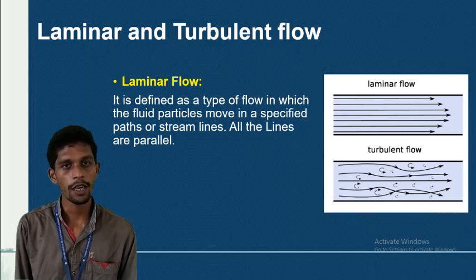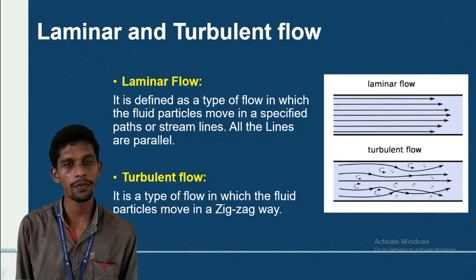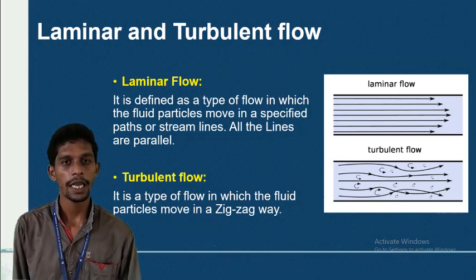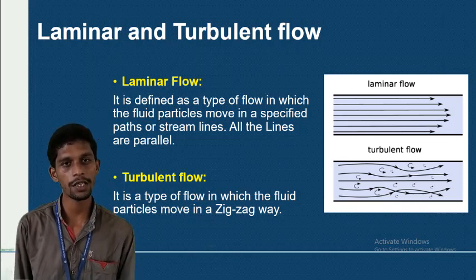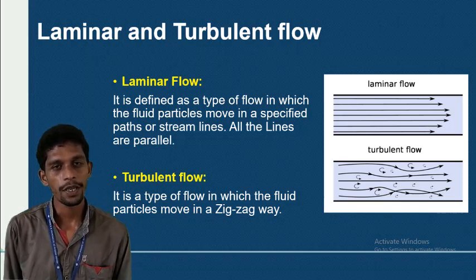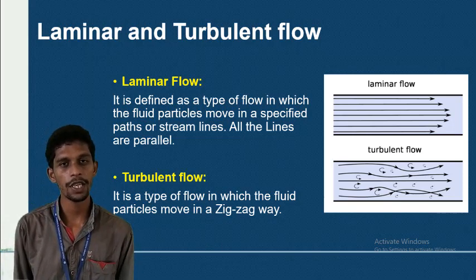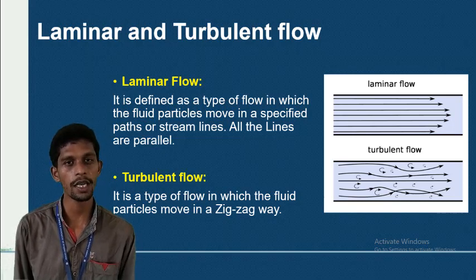Right? So what about turbulent flow? Turbulent flow is a type of flow in which the fluid particles flowing in specified paths are interacting with each other, merging with each other. So here you can see the streamlines converging one over the other. You can see some turbulence over there. Right? That type of disturbance and intermixing of the streamlines one over the other is called turbulent flow.